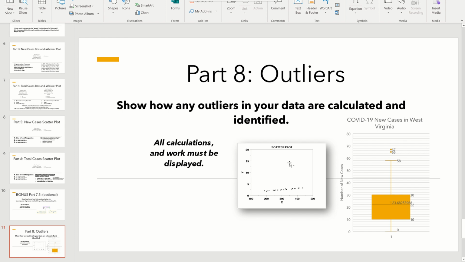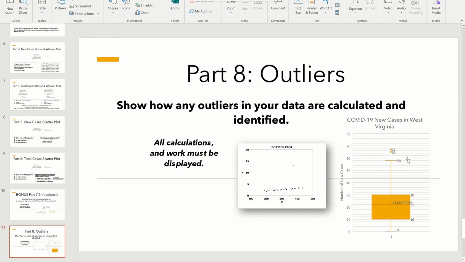How can you identify them? Well, you can clearly see it's just really not part of the crowd, all right? It's kind of that data point that says, no, I'm not going with the mainstream. I'm doing my own thing. Now, the nice thing about Excel is that Excel also identifies any outliers for you. Where? Specifically in your box and whisker plot.